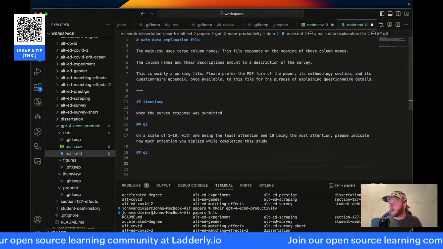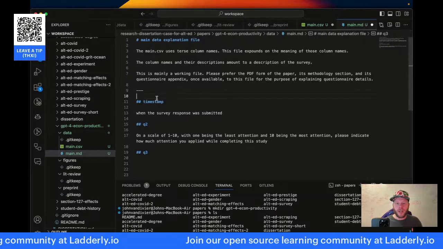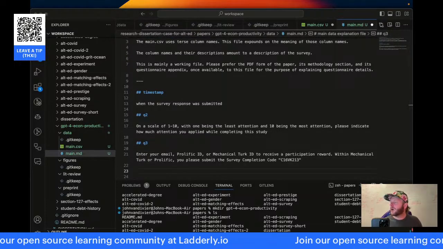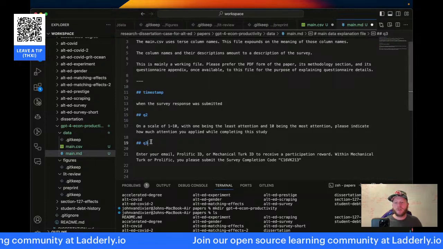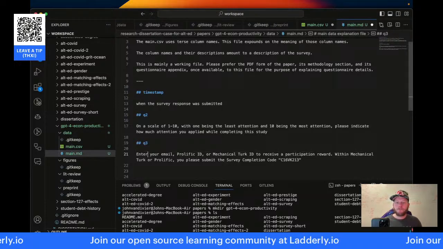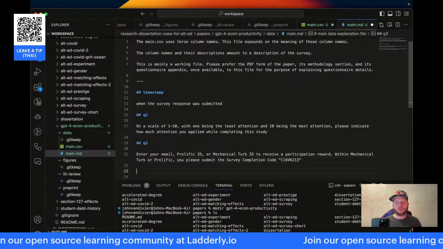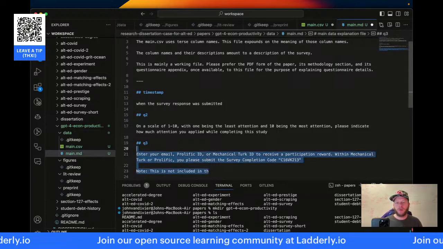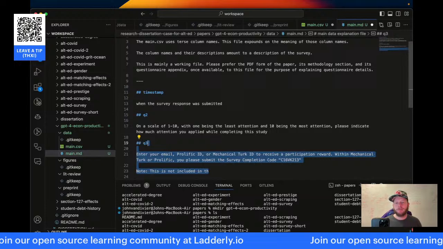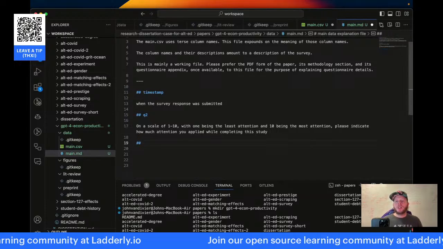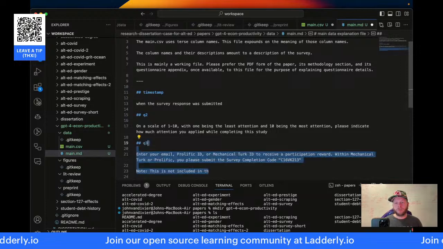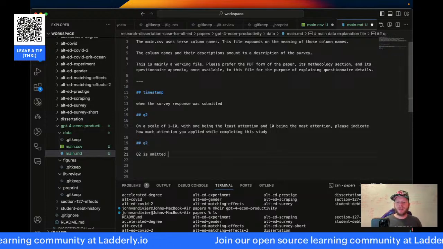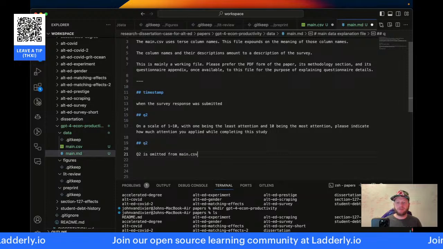And so you can see what I'm doing here. I am basically just going to create these terse names. Oh, enter your email. So we'll leave that out. We don't even want to do that. Q2 is omitted from main.csv.